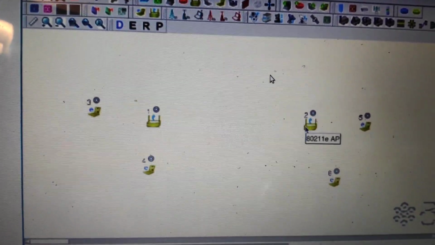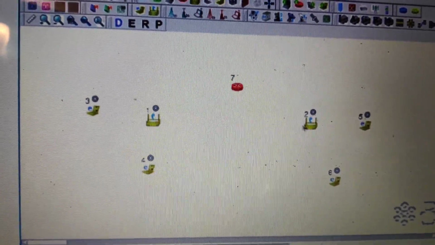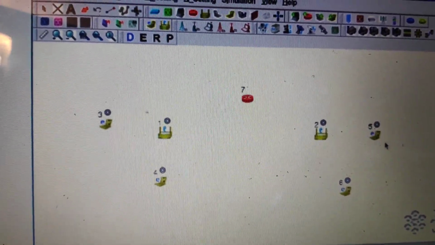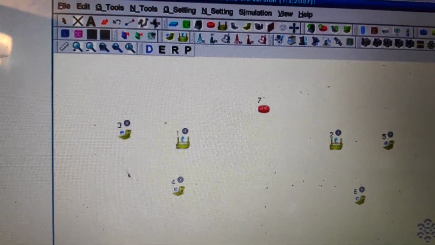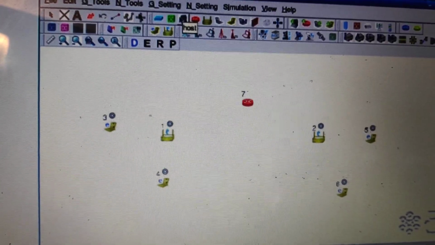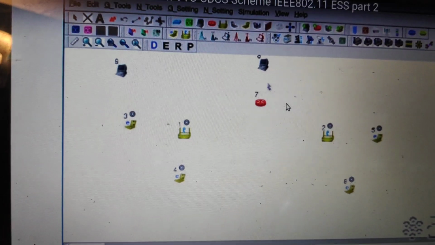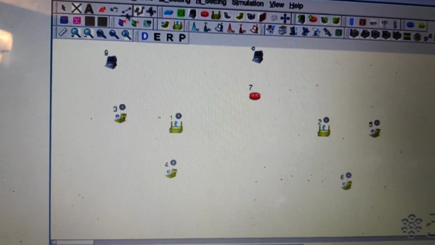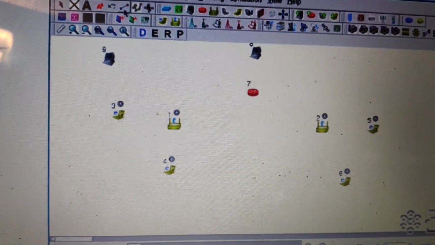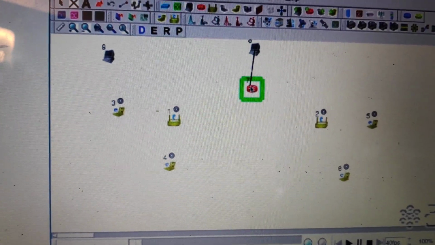After this, the access points have to be connected to a host via a router. So I have chosen the router option, and then we place a host. We click the host part, and we have the computer icon. The first step is to create the topology, and you can see here the drawing of the topology.